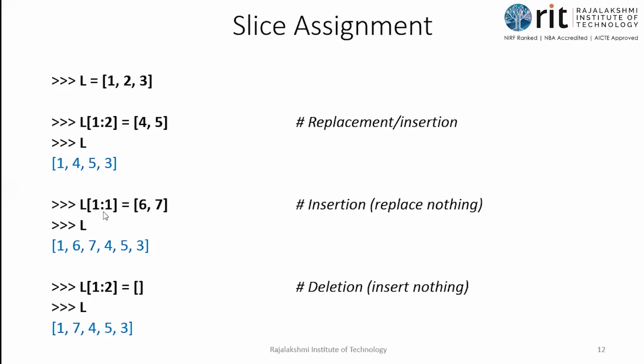See, only if you have the same values on either side, it is called replace nothing. If you give 1 colon 2, it is different. See, 1 colon 2 works differently for you. When you give 1 colon 2, what happens is the particular place where 2 is present is removed and you give 4,5. Whereas here, no values are removed from the list. I'm just inserting it. I'm not replacing anything. I'm just doing the insertion here. Whereas here I'm doing the replacement. I'm deleting this 2 and then inserting 4,5. So obviously 1 colon 2 and 1 colon 1 are different.